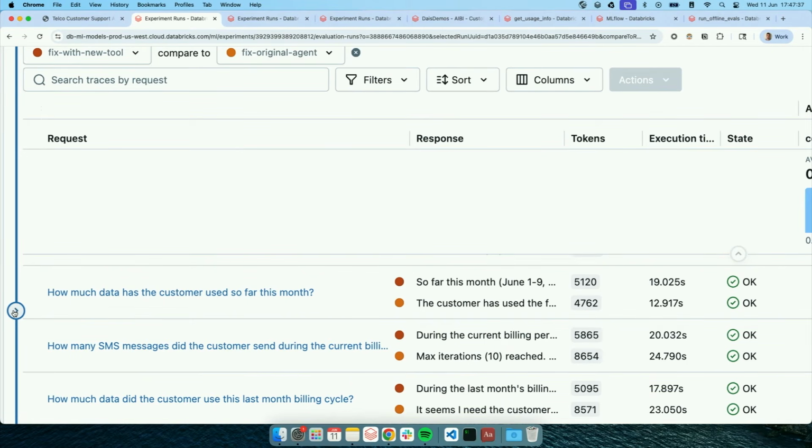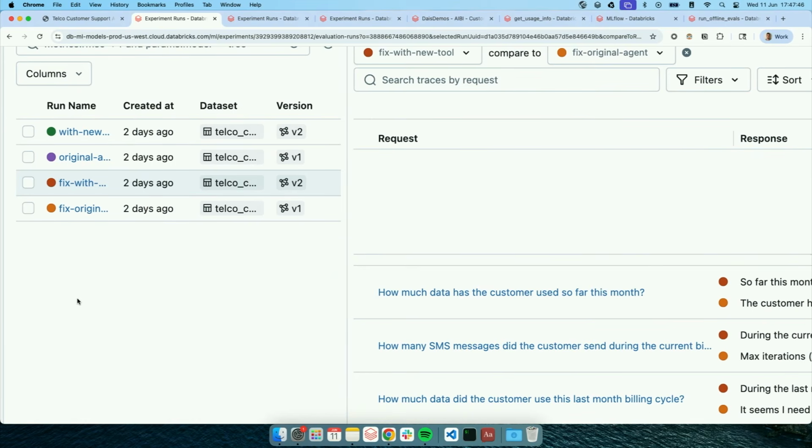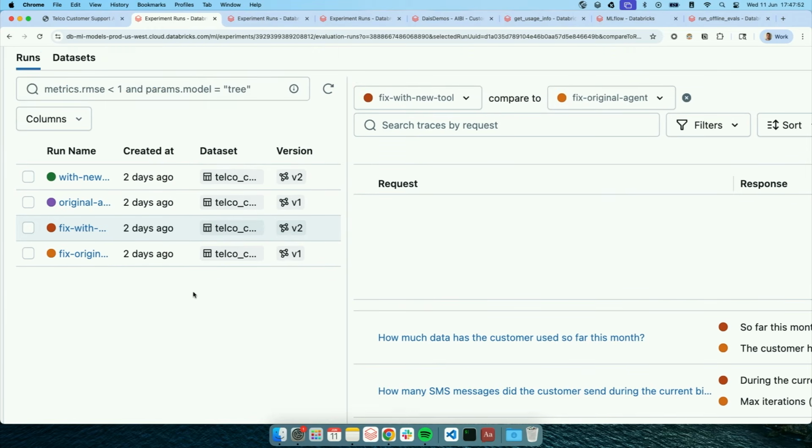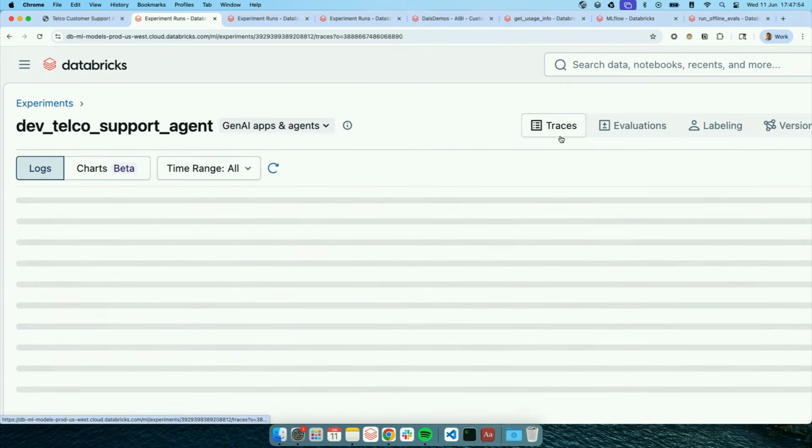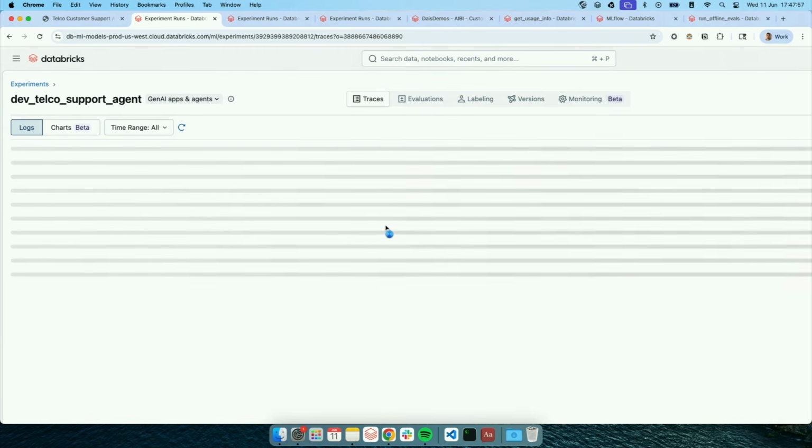We want to make sure that whenever we make that change, it's not affecting other parts of the agent. It's not affecting its ability to answer other types of queries that we know we're already performing okay on. So what we can also do, in a very similar process, instead of just subsetting down to the set of